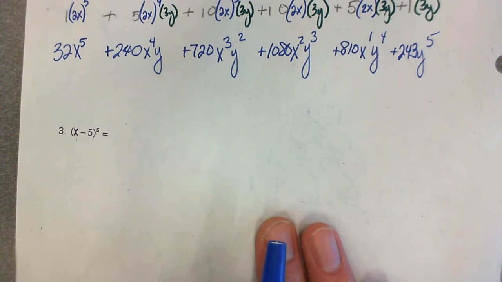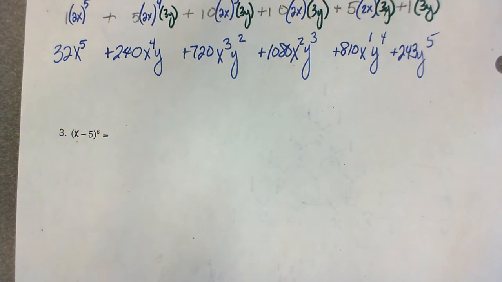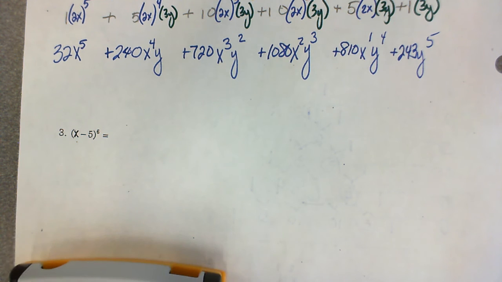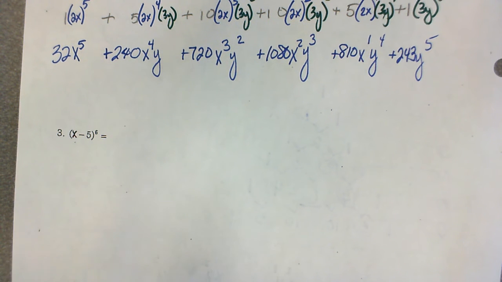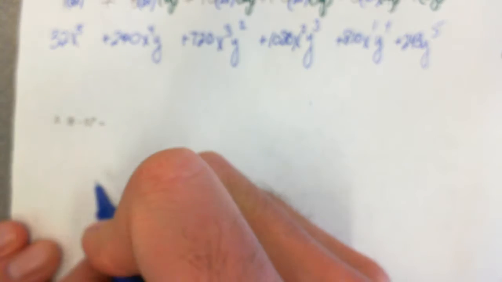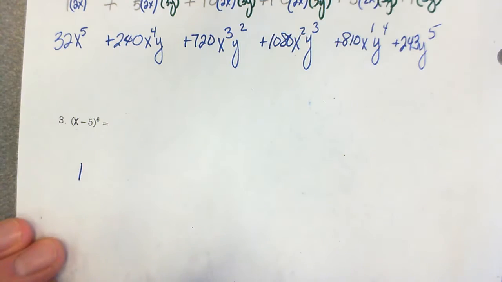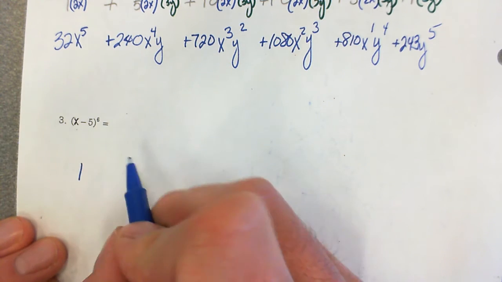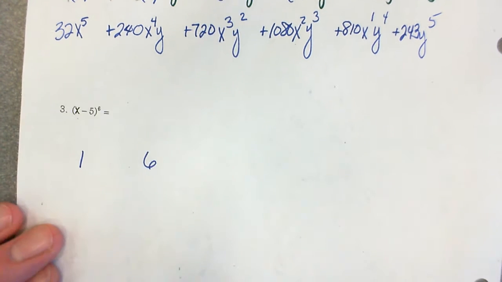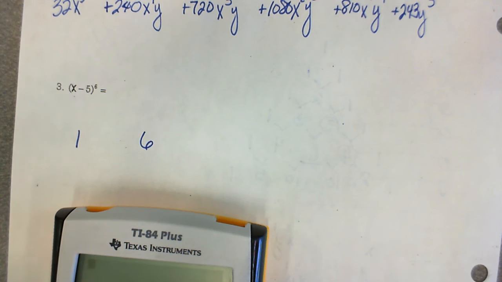So let's do one more. This one is to the 6th power. So let's refresh your memory on how we can generate Pascal's triangle to the 6th power. We know that the very first number is always going to be a 1. We know the second number is going to match the power, so that's got to be a 6. So now, let's go to Pascal's triangle